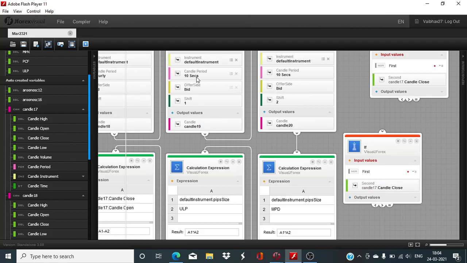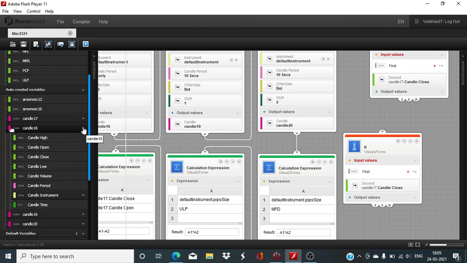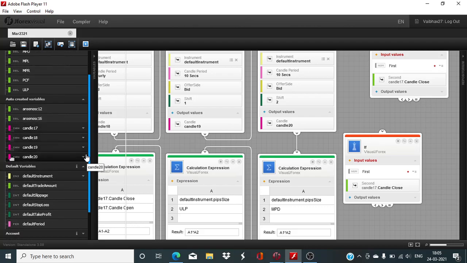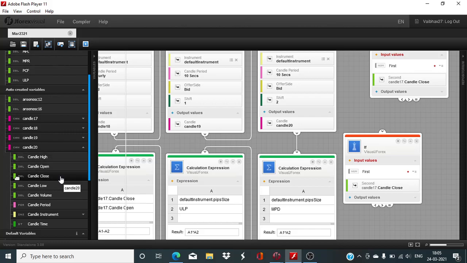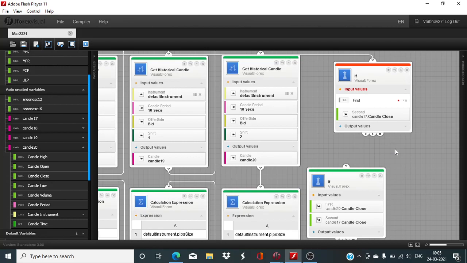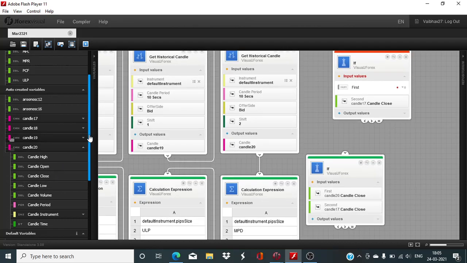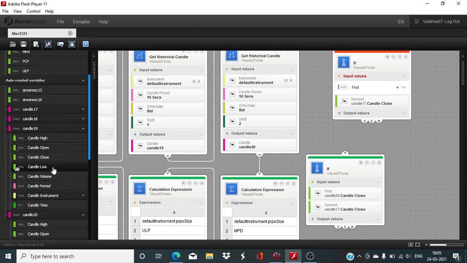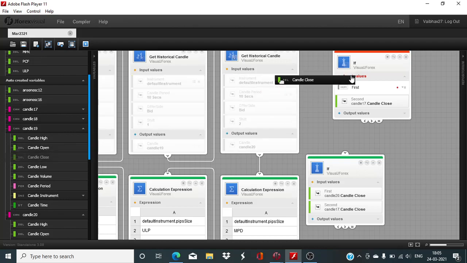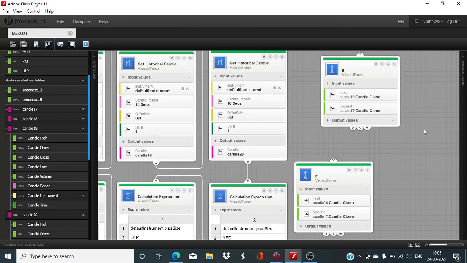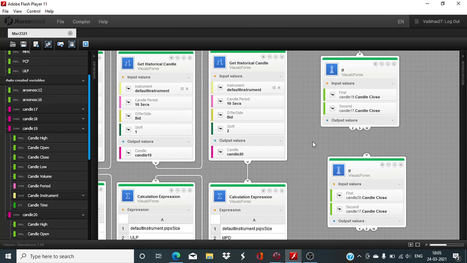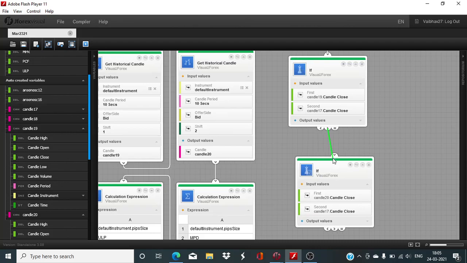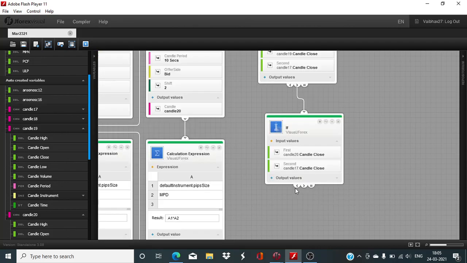And here we take these 10-second candle values, candle 19 and candle 20. Candle 20 should have closed lower and candle 19 higher. So this time first input greater than, and then here first input less than, and now we bring in